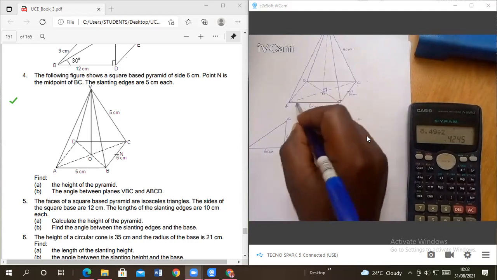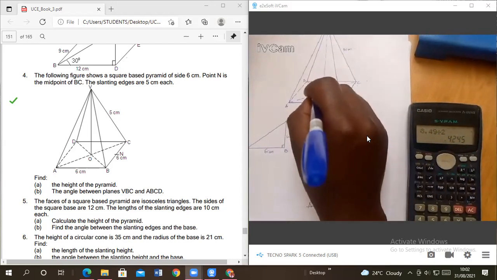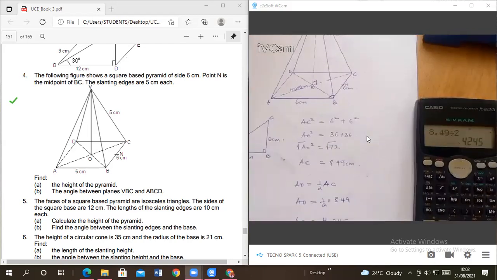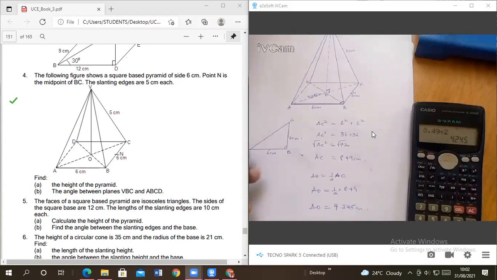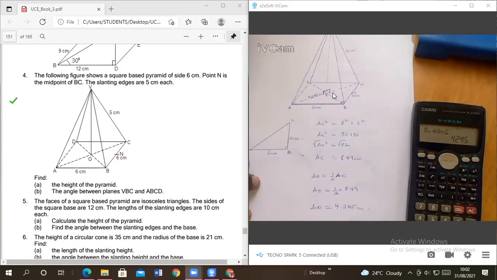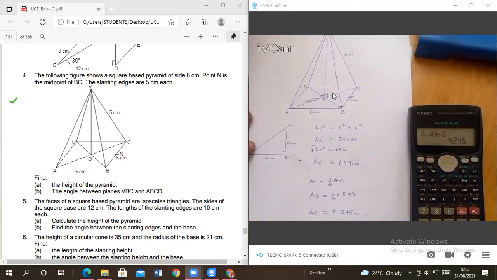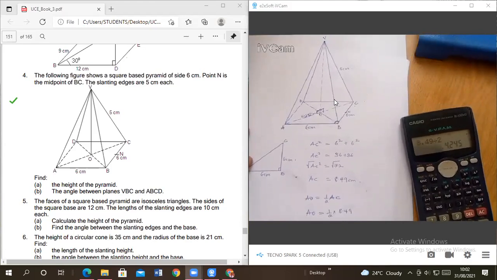Now we have found AO is 4.245 centimeters. Okay. Now what's the next thing we are going to do? After finding AO, Patricia? Patricia, we have found AO. We want to get to this height. Remember here it is 90 degrees. There it is 90 degrees. Are you seeing clearly? We are going to use